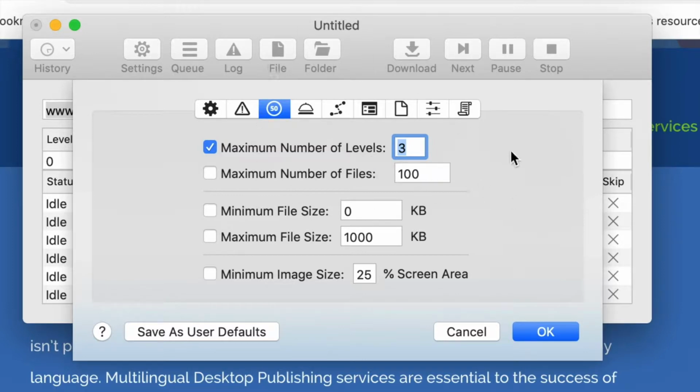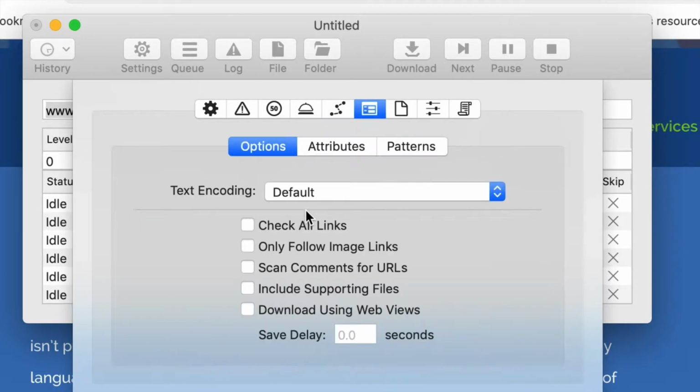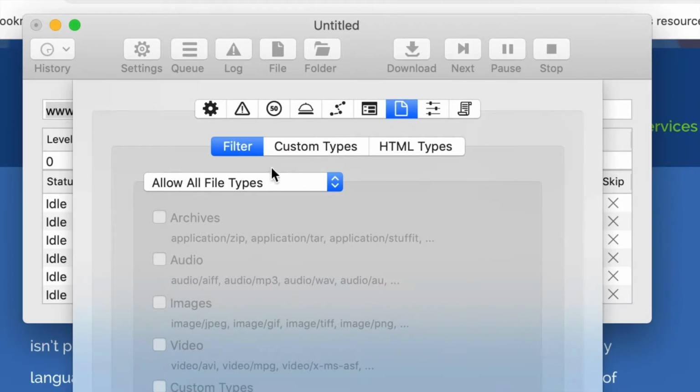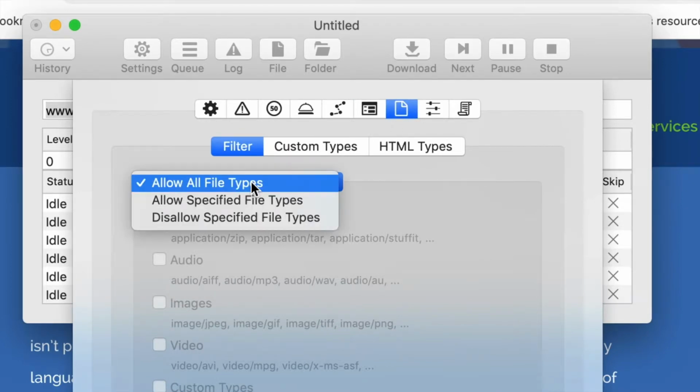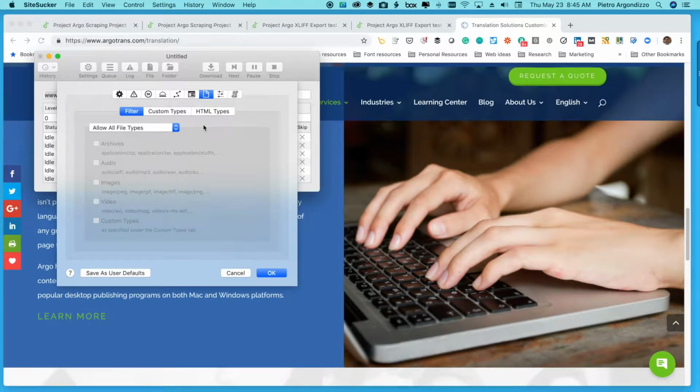Then there's also, not to go over every setting, but there's also settings of, what files will you restrict? In other words, are there any absolute URLs that you're going to include or exclude? And here are the different file types. Will I allow audio? Do I want images? And that's very important, because remember, a key part of your website is also the off-page content. So that would be the meta information or the tags that are related to images or the descriptions of pages. Those are all very important for your SEO efforts.